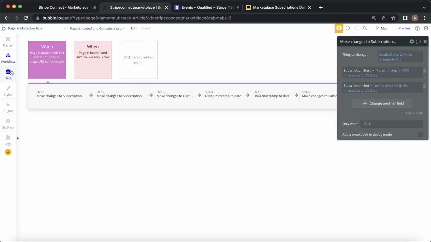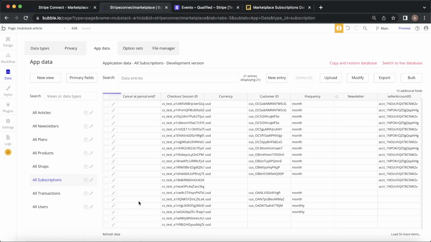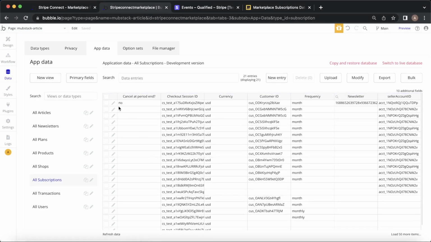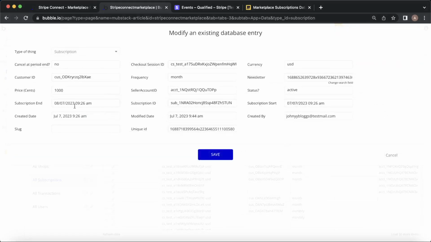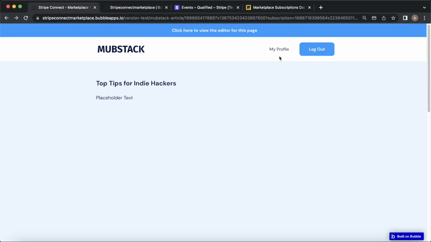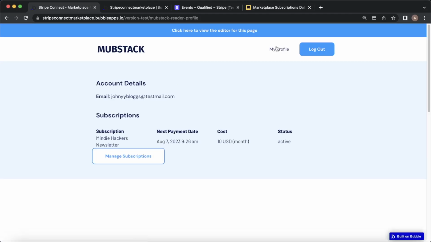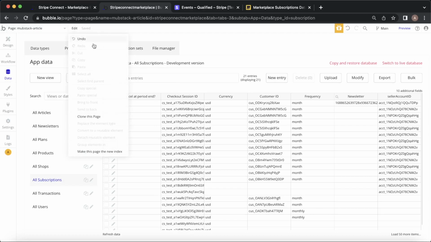If we go back into our database now and we refresh it, we should see those dates being updated. You can see there, yeah, a more realistic end date of 2023. Perfect. So let's go back to where we were going to go. We're going to go to my profile, and what we're dealing with here is canceling a subscription. See, the next payment date is on the 7th of August 2023. The status is active. And if we click this manage subscriptions button, what's going to be triggered is